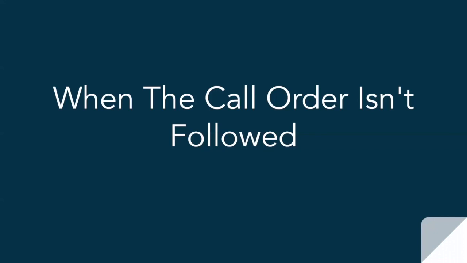Okay, so a lot of the agencies that we talk to have some kind of call order that's followed when a hotline call comes in, for example. When a hotline call comes in, it'll first go to the hotline primary, then the hotline backup, and then there's typically other people that are on call. The problem is that this call order isn't always followed. So now we're going to be talking about the challenges and the problems that occur as a result of that.